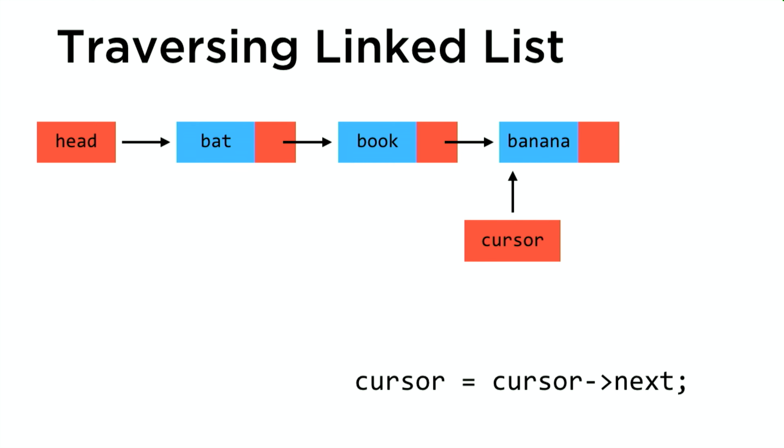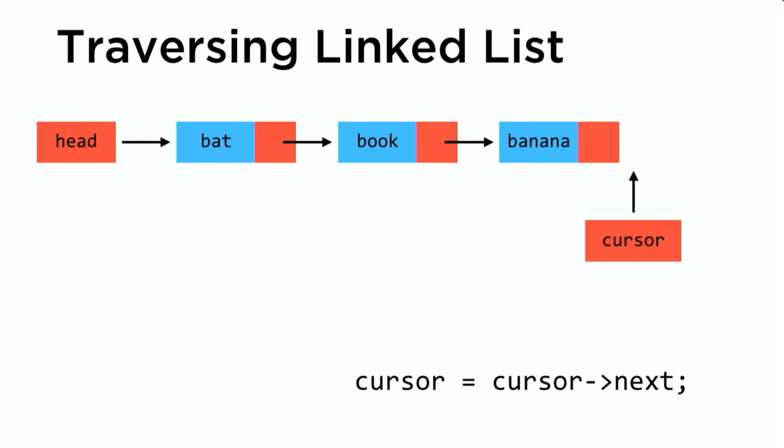But when do I stop? You might imagine that this is happening in some sort of loop, and eventually I'll reach the end of the linked list, where at some point I'll set cursor equal to cursor arrow next, and at the end of the linked list, what we'll have is null. So if we move forward, cursor equals cursor arrow next, and eventually cursor becomes null, that means we've reached the end of the linked list, and the word wasn't found, which means the word isn't in our dictionary, and our function should at this point return false.